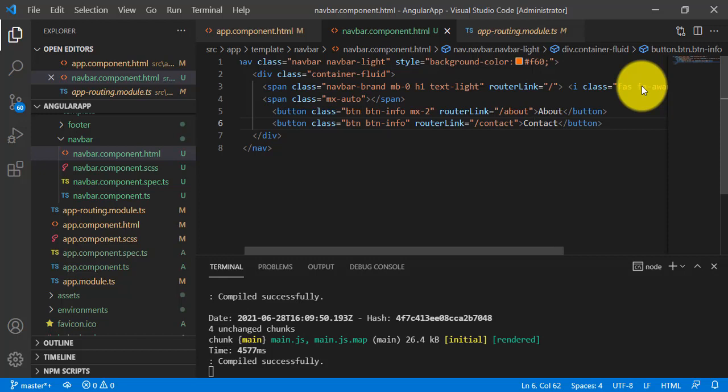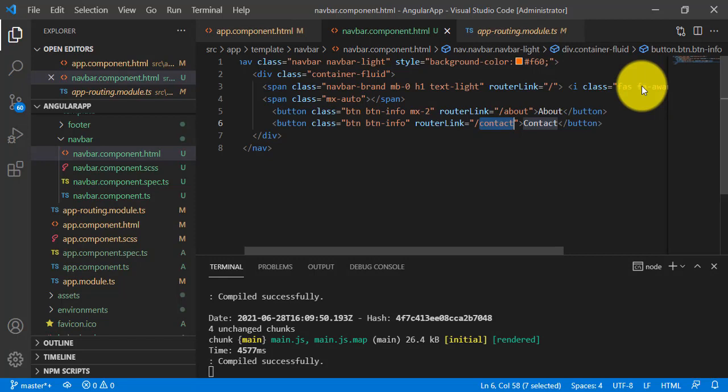that is to go to the routes, it is for routing purposes, that is for about the route mentioned here is the about path, and for contact I have mentioned the router link with the path contact here. So this is all about the navbar.component.html file.